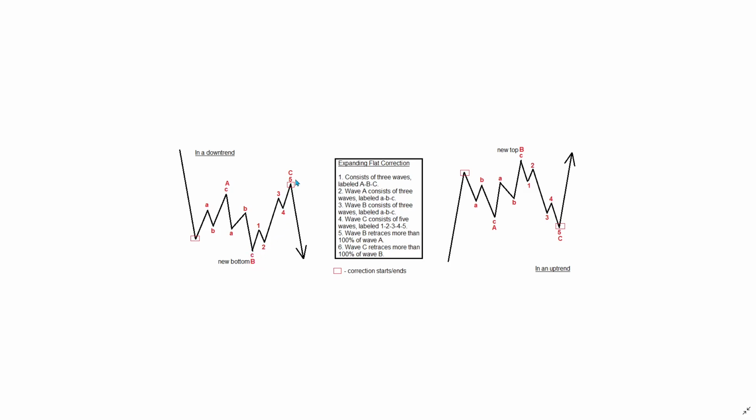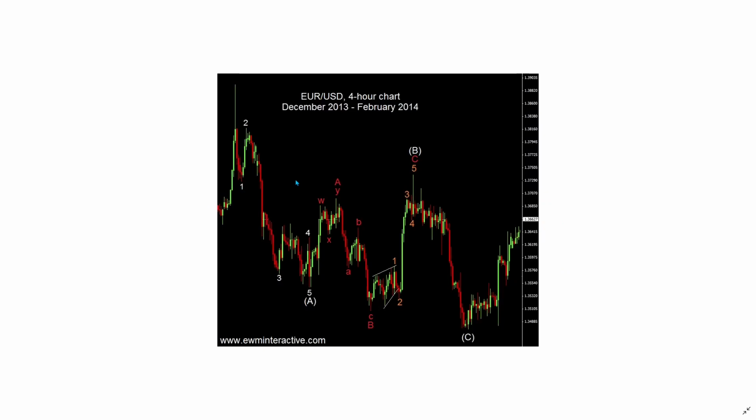Now let's see real-life examples. On this chart of Euro-Dollar, you can see an expanding flat in the position of wave B in brackets. In this case, the larger trend is down, since wave A is impulsive. After the end of the whole expanding flat correction at 1.3740, it was time for the downtrend to resume in